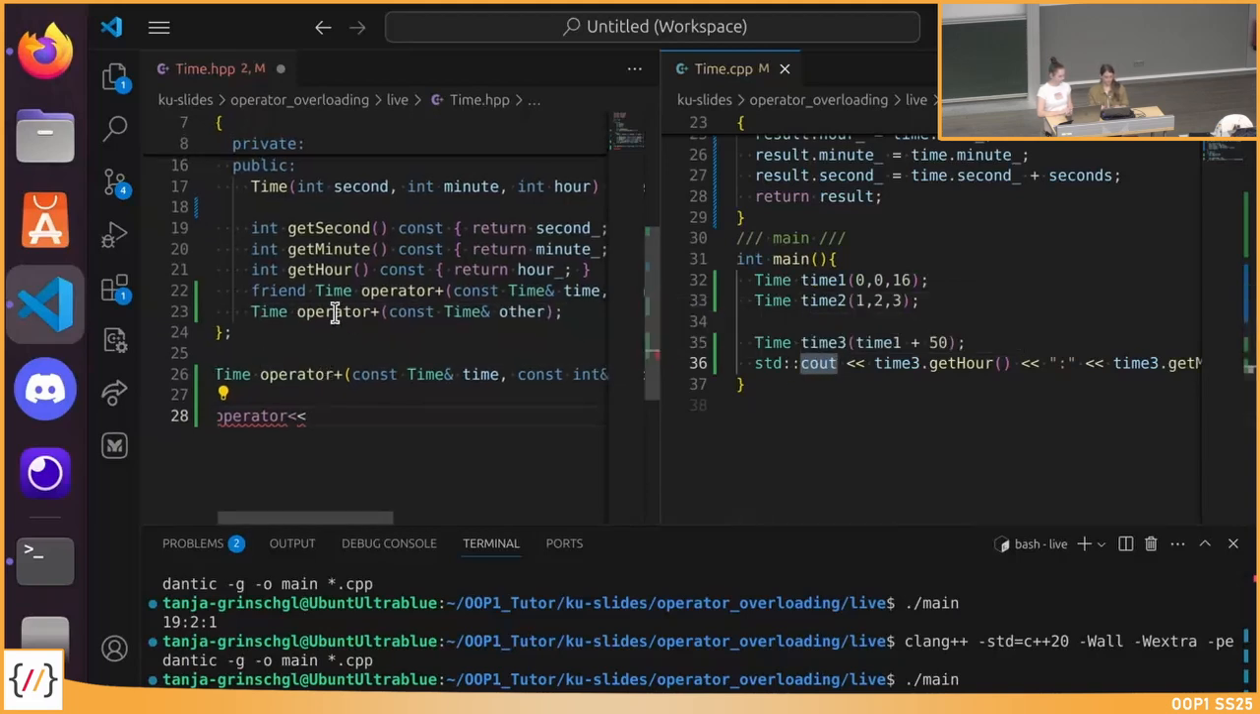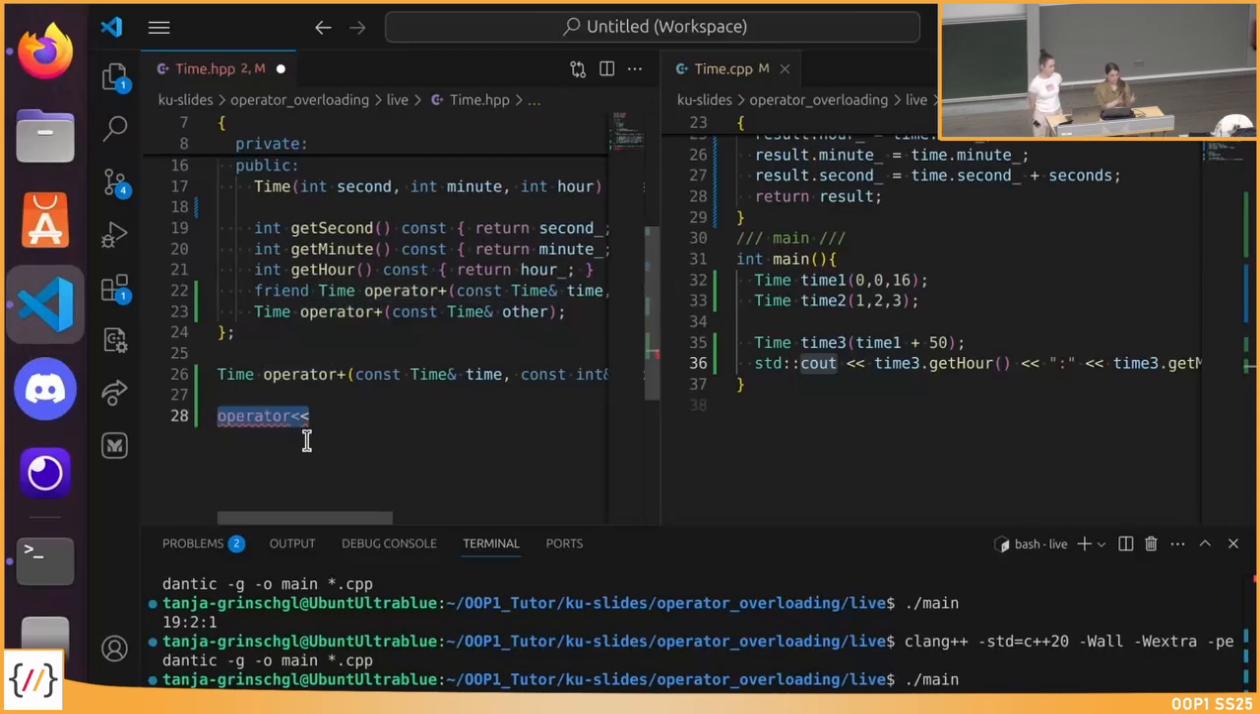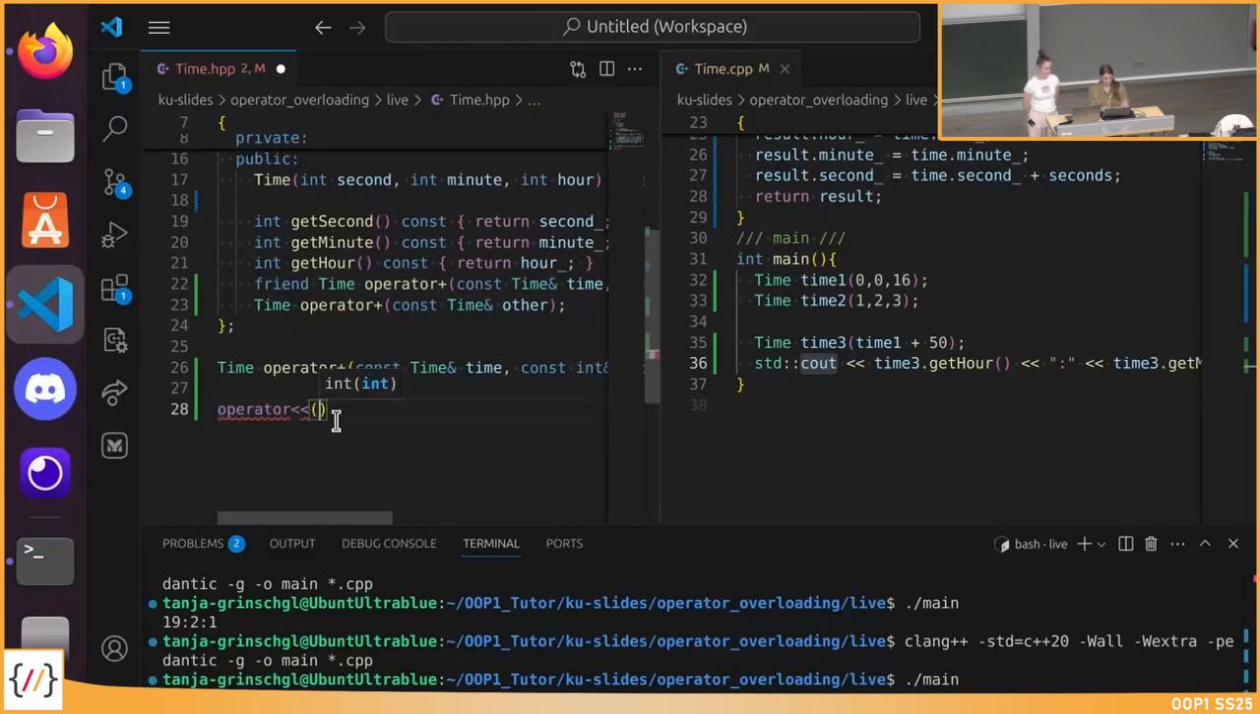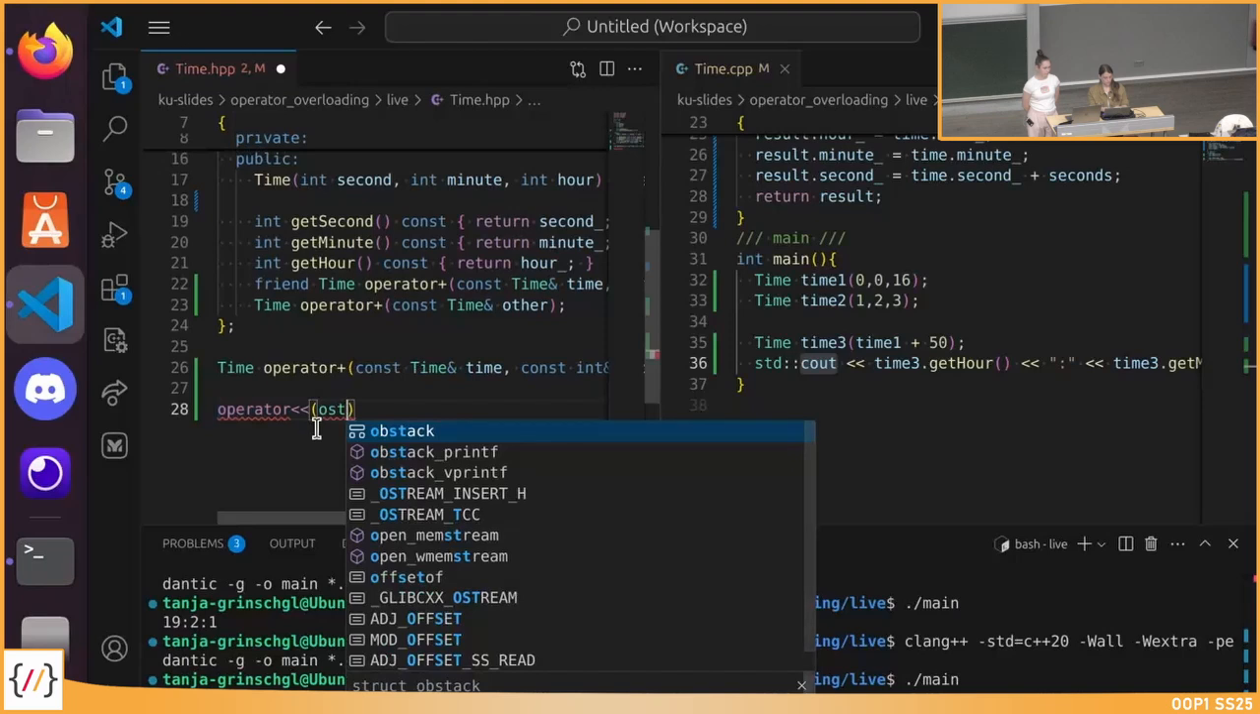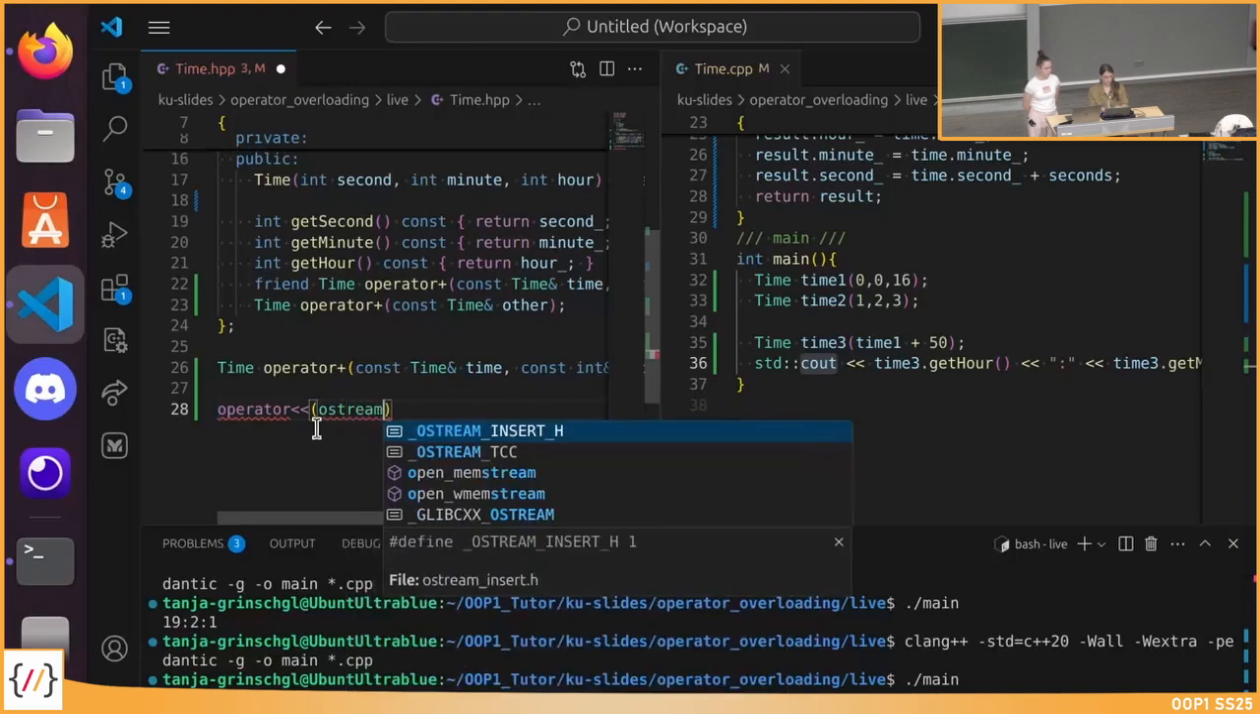And the reason why we can put, for example, this plus operator in the time class is because we're adding up a time object with another time object. So the left-hand side, so to say, of that equation is of the time class. But in order to do that here, we would have to basically put our overloaded operator into the output stream class, which is a standard library, and we kind of don't want to do that. So what we're doing here is we will override it in global scope,